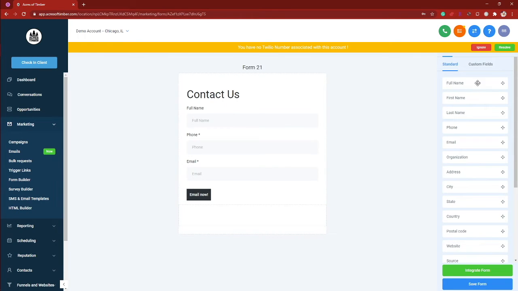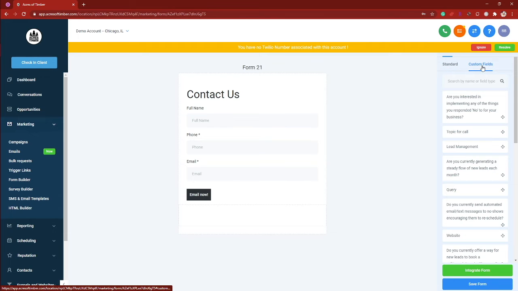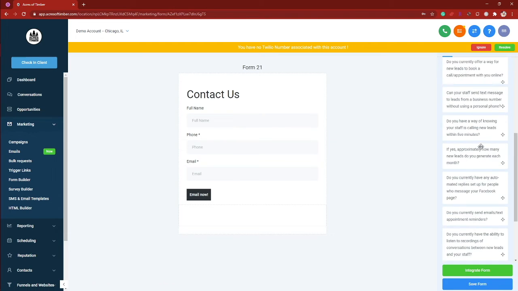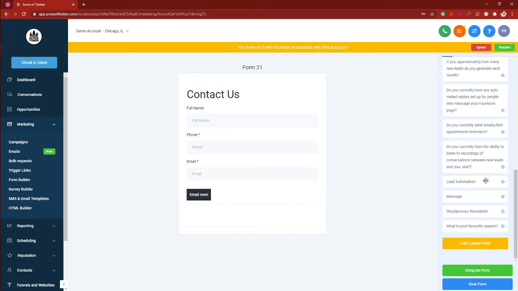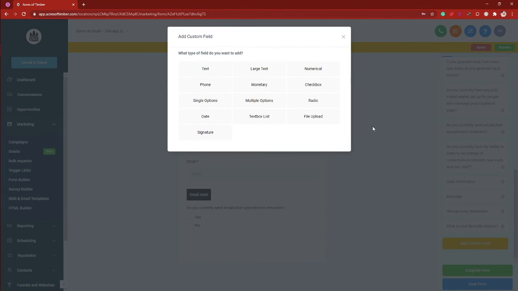And then even further, if you go into custom fields, you can do a lot of other stuff. As an example, a custom field that we have is, do you currently send email and text appointment reminders? And it gives you an option of yes or no. Or if you want to add a custom form, you can actually hit that,